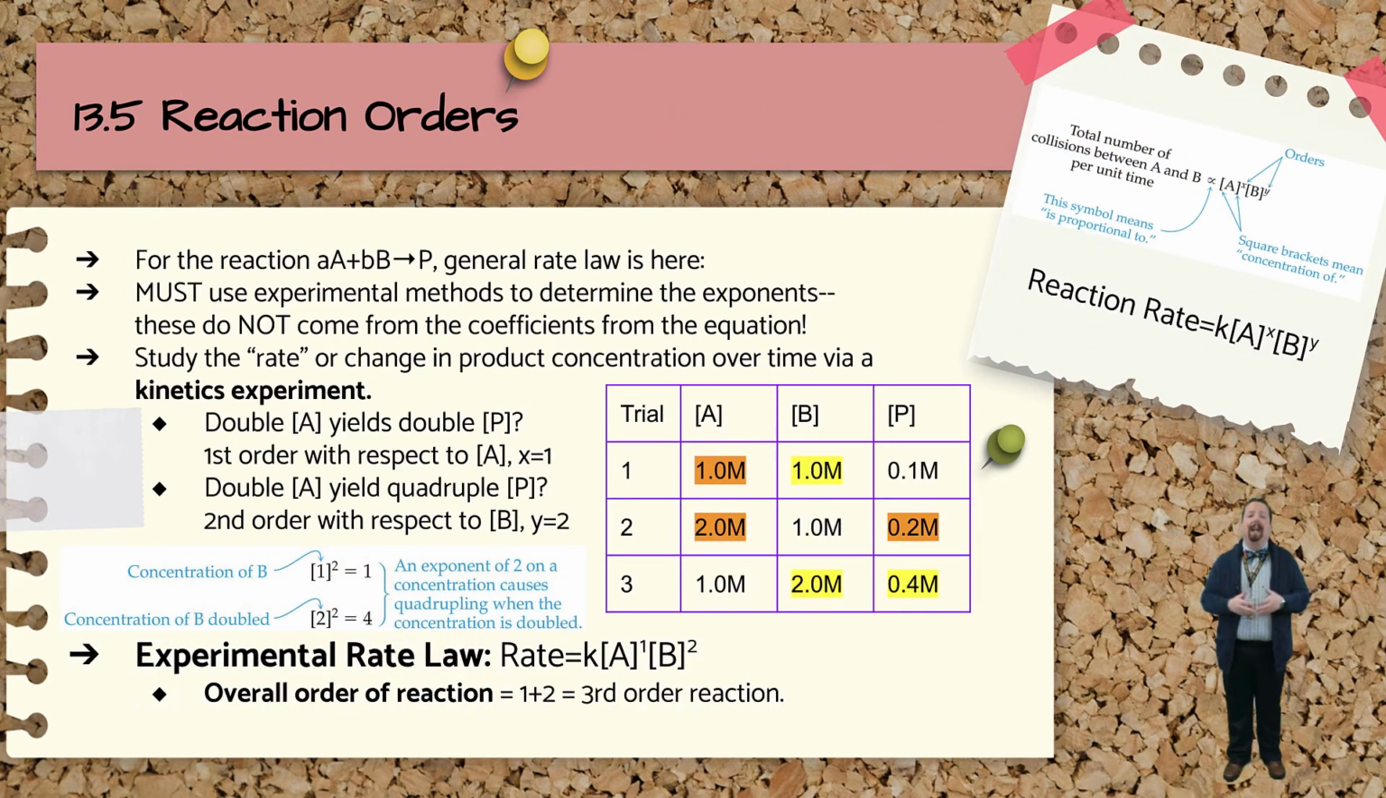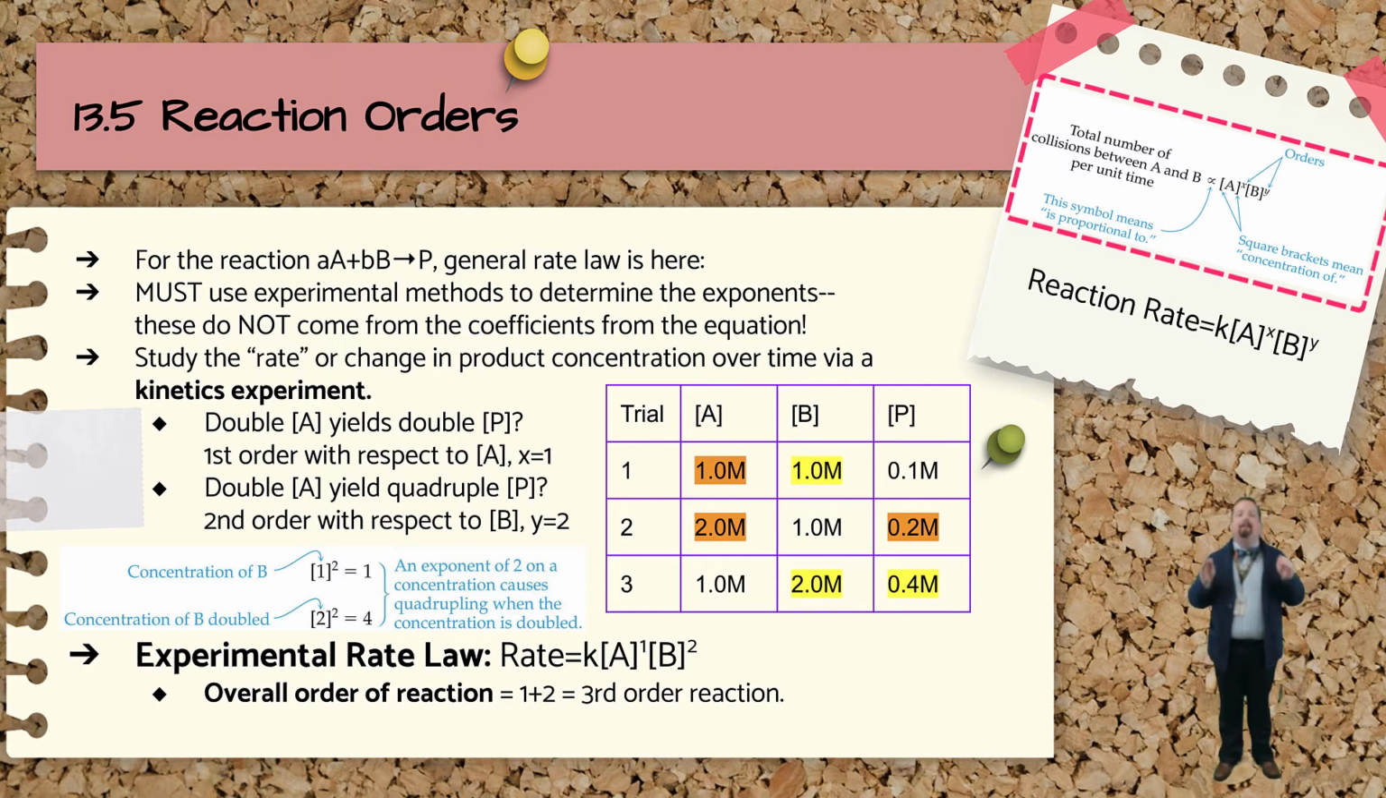If I had the general reaction a moles of A plus b moles of B yield P, we could say that the total number of collisions is related to the concentration of A times the concentration of B. Both of those concentrations with their own exponents, x and y. I want you to notice those brackets. They're not just there for decoration or to separate out parts of my equation. They stand for the concentration of. They cannot be replaced with parentheses. They're very intentional. So anytime you see brackets around something in chemistry, you can read that as the concentration of